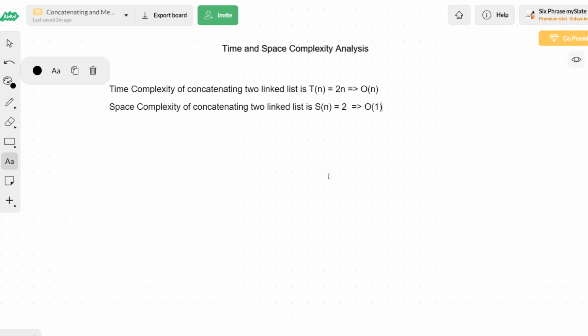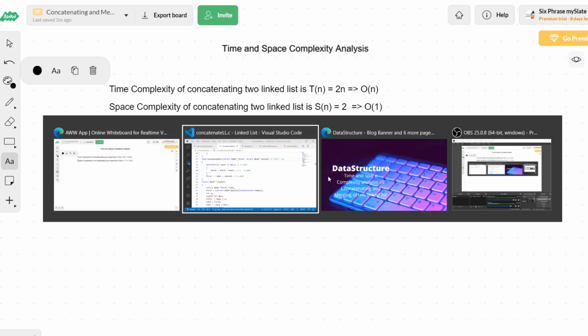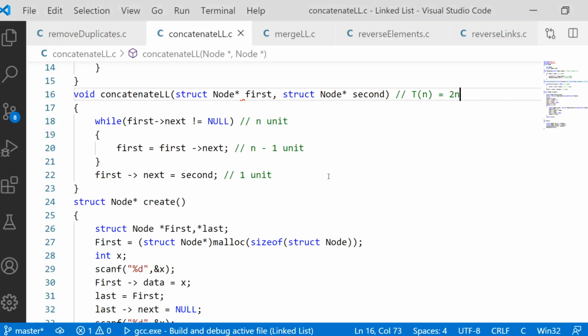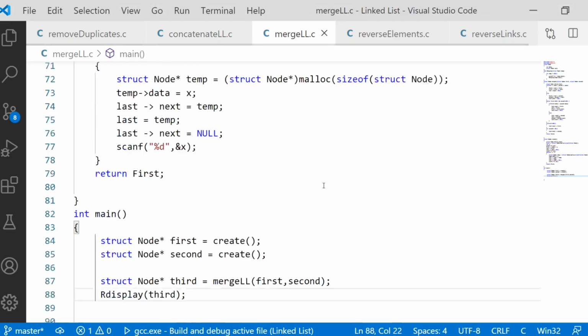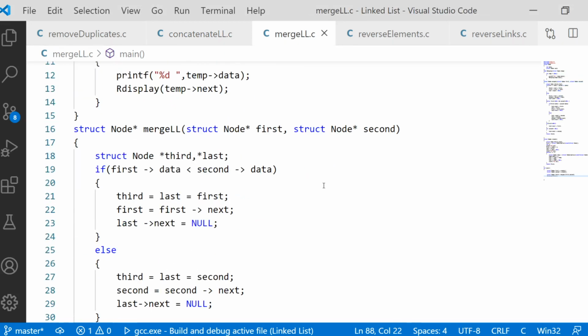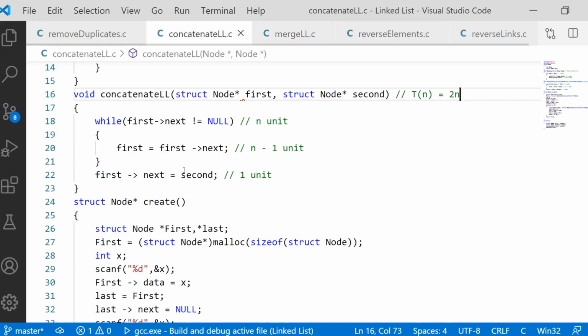Now we will also find the time complexity of merging two lists. Now coming here to merge linked list. Let us take, we have two arguments, both are important. One argument is the total number of elements. See, in concatenating, we are not accessing the elements of the second linked list. That is why I have taken only n.